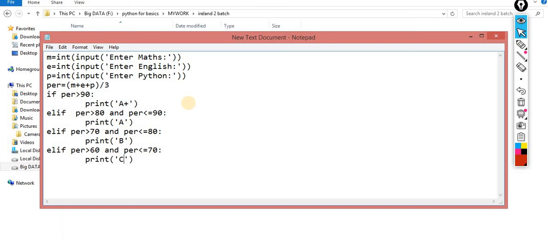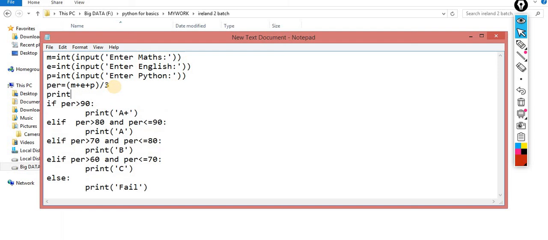Perfect. Else, the last statement, the default statement: if all the conditions fail, then print you are fail. And I am just printing for reference over here, print percentage, or you can use average as well, percentage comma PER.